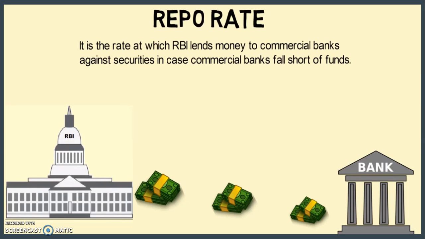Okay, so what is this? Basically, they are cutting down the rate or increasing the rate. So this is also a tool to increase or decrease the money supply in the economy, because indirectly, if the interest rate is too high, people will be hesitant to take loans and hesitant to buy homes, right? So this will indirectly decrease the demand in the economy.